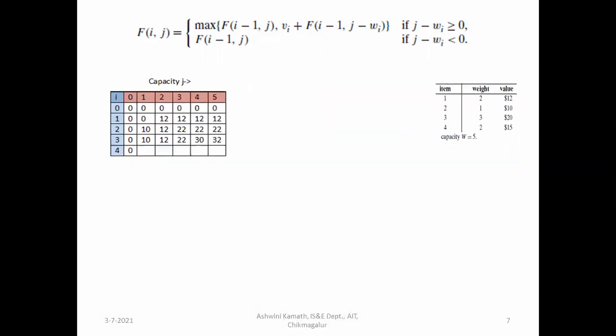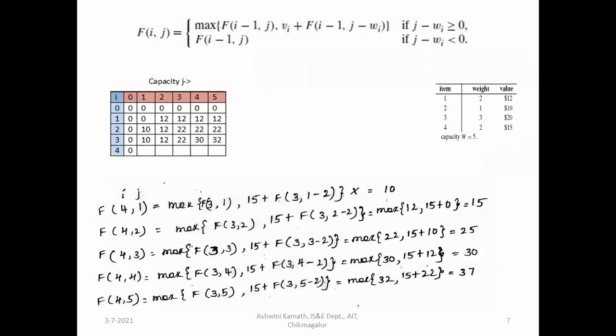Okay, let us check for the fourth row. For the fourth row, f of 4 comma 1, maximum of f of 3 comma 1. So that is i minus 1. The i value is 4 here. 4 minus 1 is equal to 3. 3 comma j, the j value is 1. So again we are getting negative indexing here. 3 comma minus 1 we are getting. So skip that and go for the next value. So keep the previous value as it is. So f of 3 comma 1. What is f of 3 comma 1? That is equal to 10. That will be assigned to f of 4 comma 1.